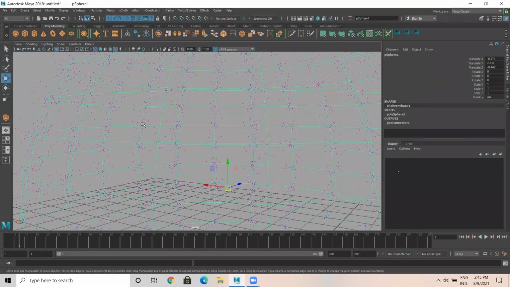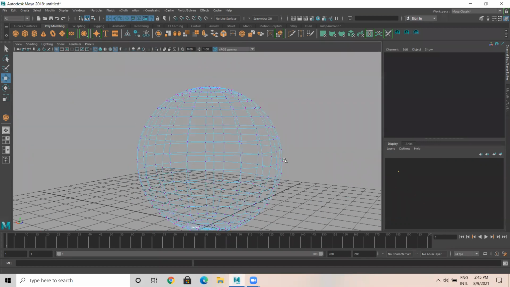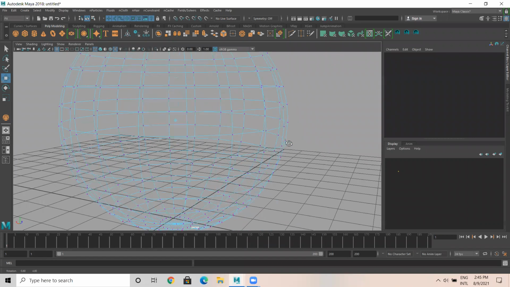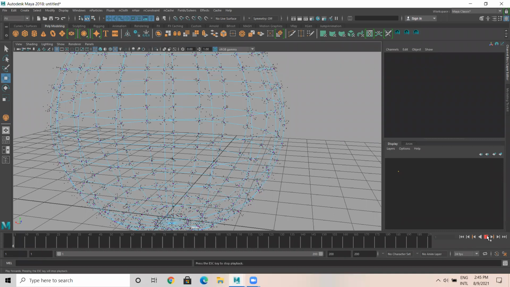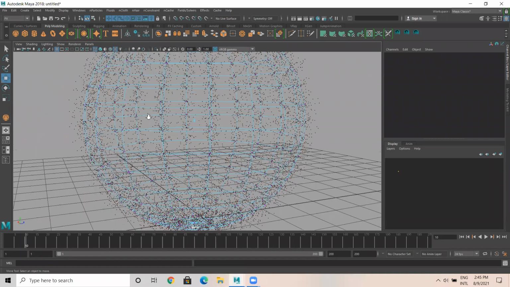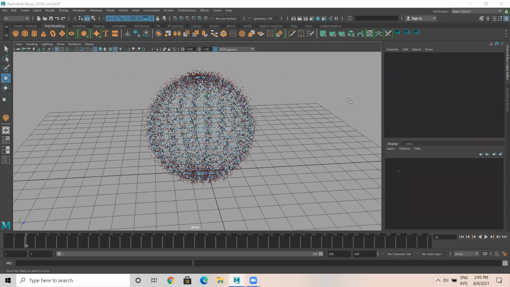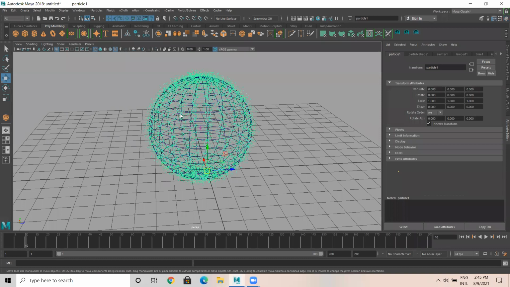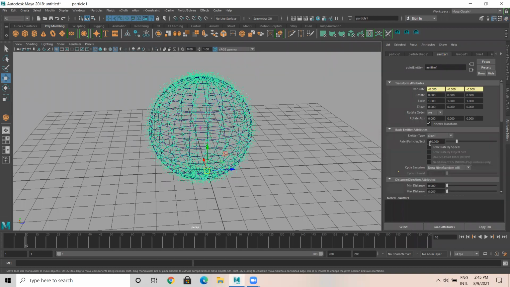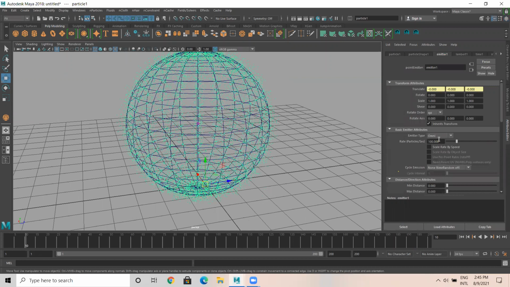For example, if I go to vertex mode, wherever vertex is there, from the vertex point you are getting the particles like omni emitter. Okay, you can see vertex point here, and when I play from the vertex point, you are getting a lot of emitters, means a lot of particles. So from each vertex point, we have 100 particles emitting from each vertex point. Okay. Yes. Because the emitter type is omni.